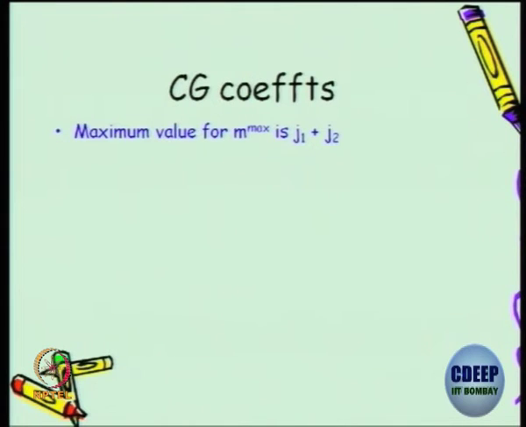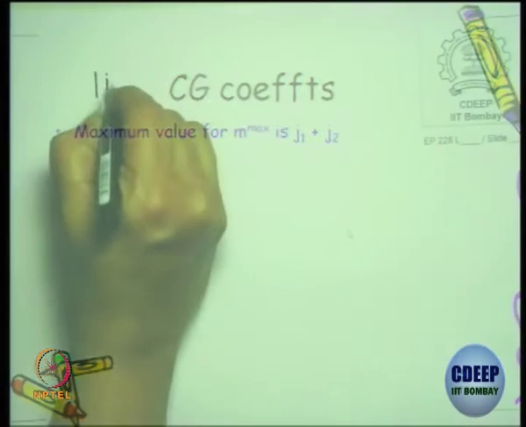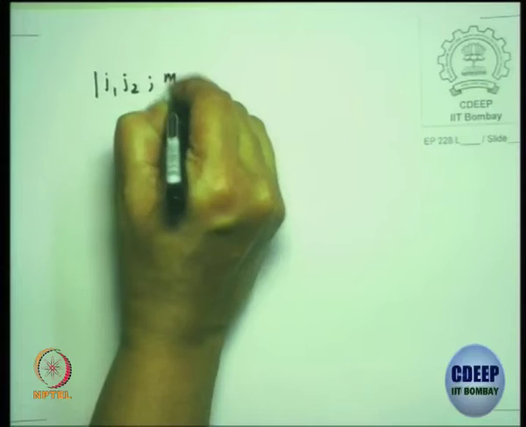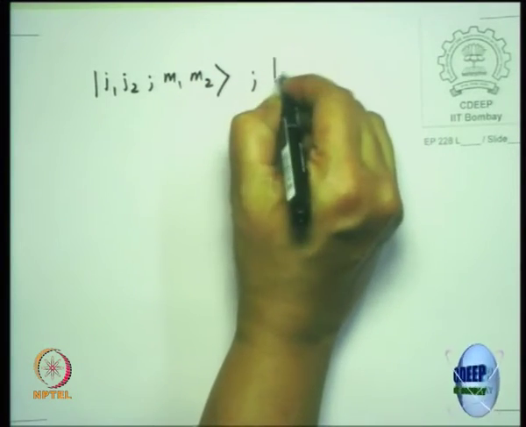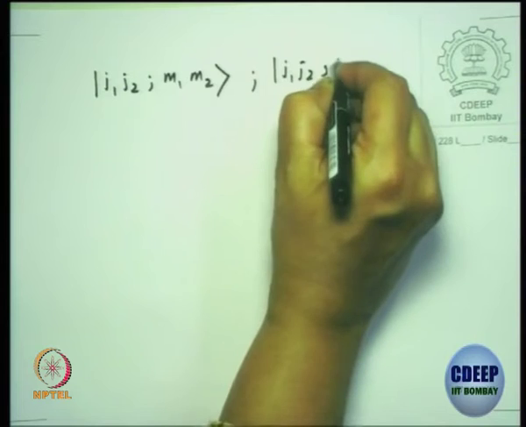So this is where we stopped in the last lecture. What is the maximum value of M? M max in the total angular momentum cannot exceed J1 plus J2. Is that correct? So we have one basis J1, J2, M1, M2, and then another equivalent basis, which is